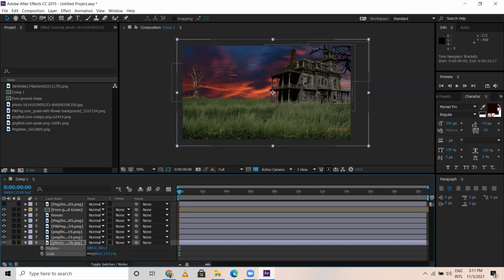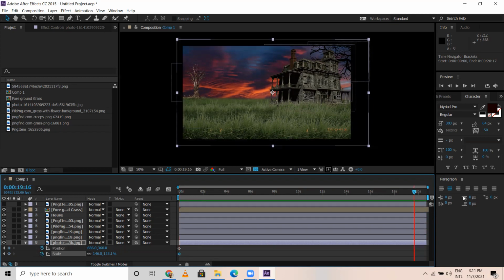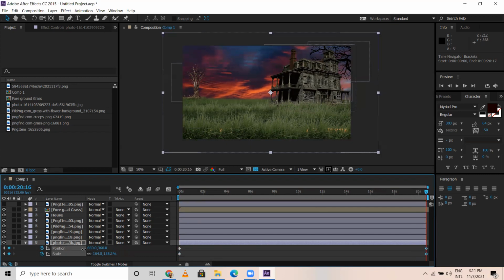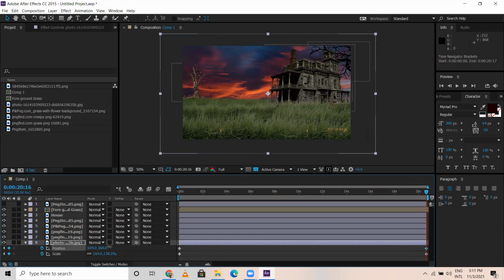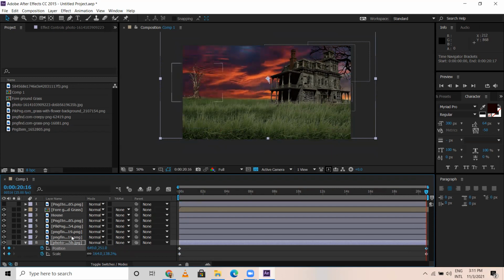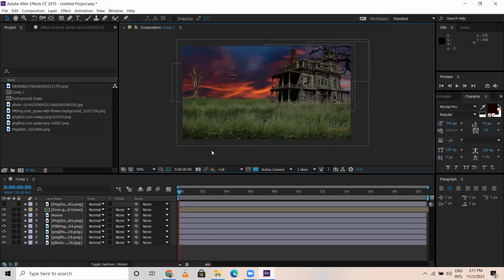Scale, I'm gonna make it like this. So both keys, position and scale. At the end, I'm gonna increase the scale. It's like this. So I did a bit of animation. So first you have to key here, and the last you have to key here. I hope you remember all these things, keying and all.